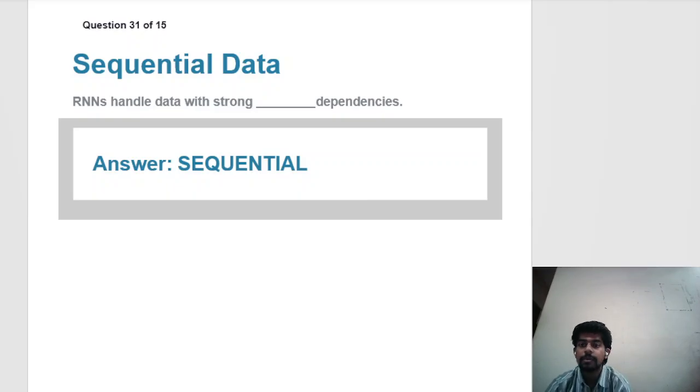Let's see how RNNs work. The hidden state carries information from previous steps. The same weights are used for each time step. Information flows through time. We also face some challenges in this, which are vanishing gradients and exploding gradients. They only remember short term dependencies. Let's see the next question then,